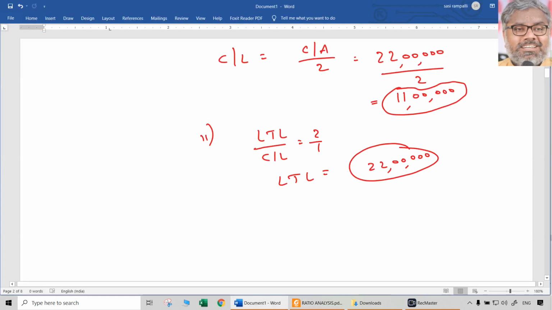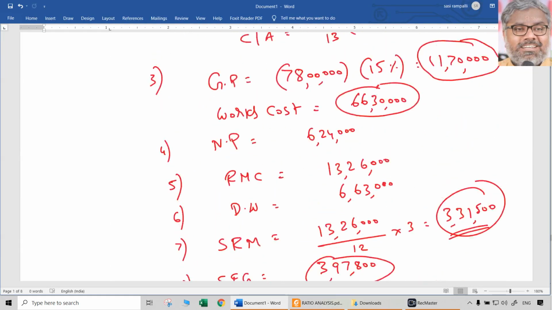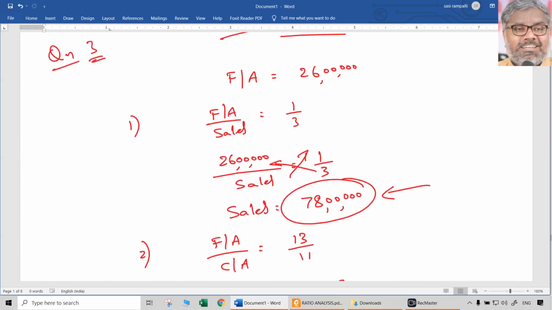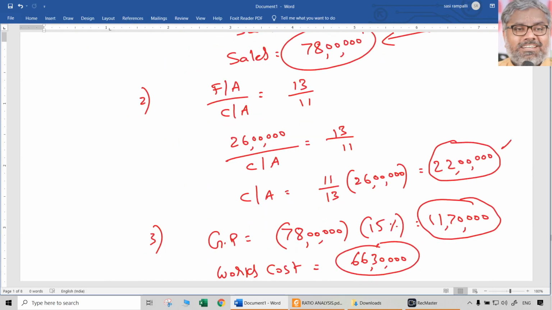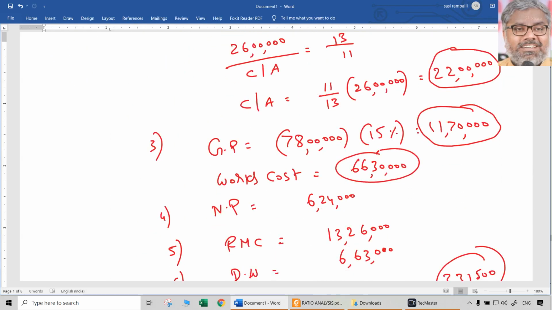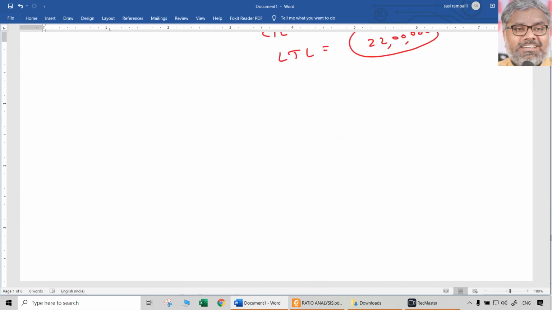But now definitely in the balance sheet we should certainly have various things. We know in the balance sheet fixed assets, which is already given as 26 lakhs. We know total of current assets, that is 22 lakhs. You may say that, okay, we know fixed assets, current assets, I will write that. No, you have to write as many details as possible, then only you will get full marks.